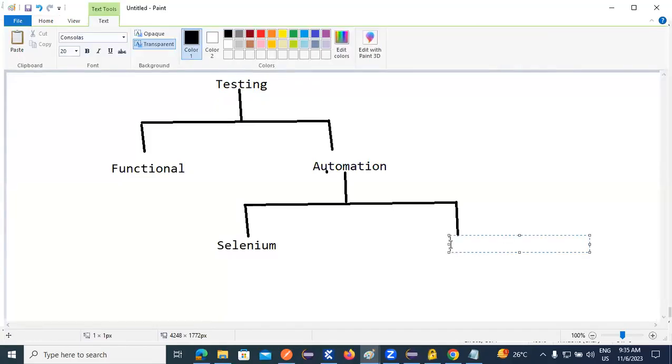The next one is QTP. This was introduced in 1996. This is the first automation tool, QTP. QTP is nothing but Quick Test Professional. Quick Test Professional. After QTP it was updated,